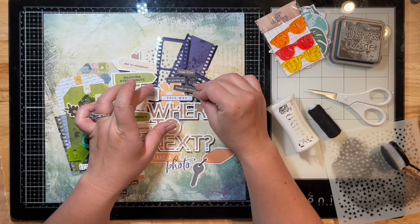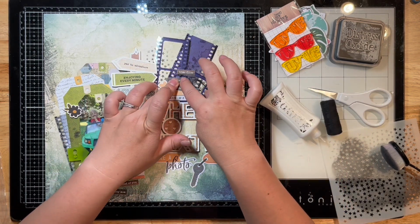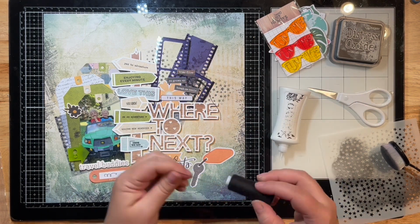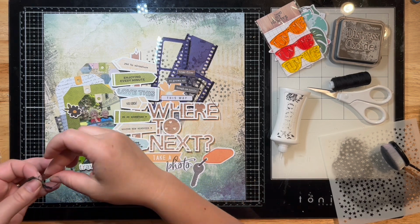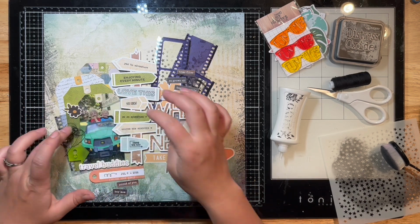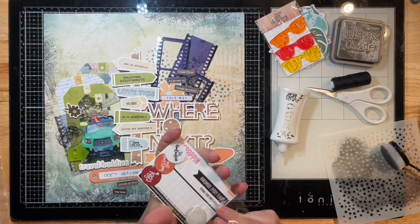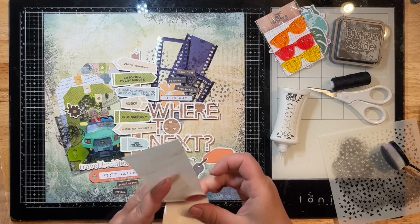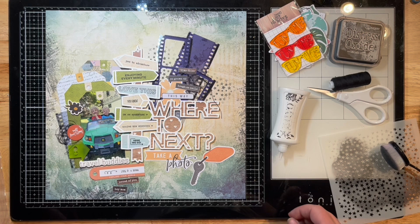And then here on the layout, I am just adding a couple little wordy bits from the packaging from a previous kit. I love to cut apart the packaging and use that on my layouts. And I thought those little wordy bits are just perfect on this. And I love that cute wood grain. I'm tucking some thread in here in a couple spots, and then I'm grabbing an epoxy flare from Scrap and Happy Studio,